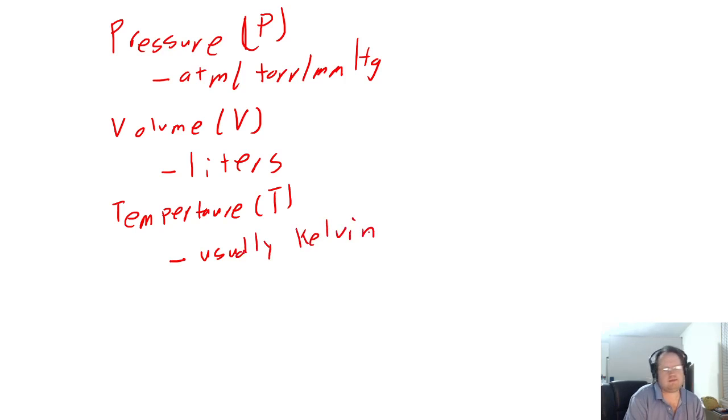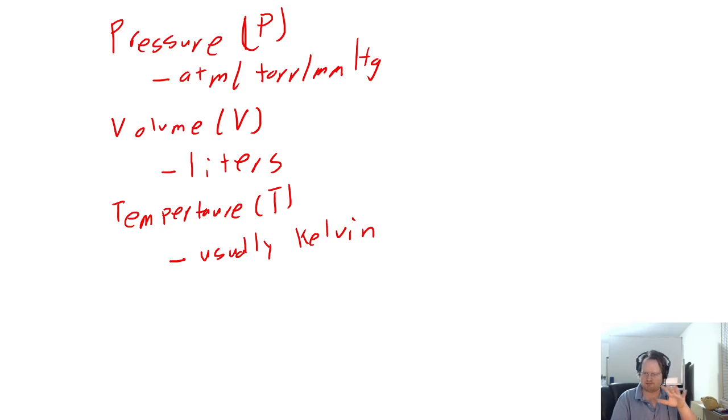Kelvin is an absolute temperature scale, where 0 Kelvin means there is no molecular movement. Remember, temperature is related to how fast molecules are moving. So if gases get to a higher temperature, the molecules are moving around more. They have more energy, kinetic energy they're using through movement. So Kelvin is going to be the scale we use for that.